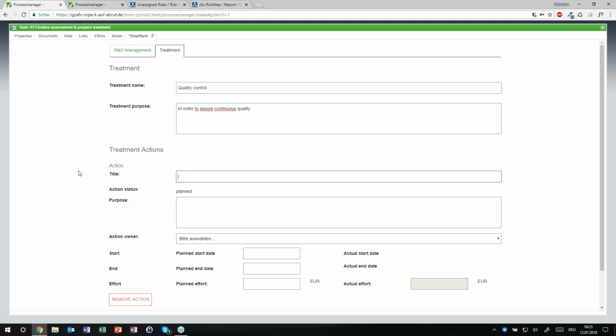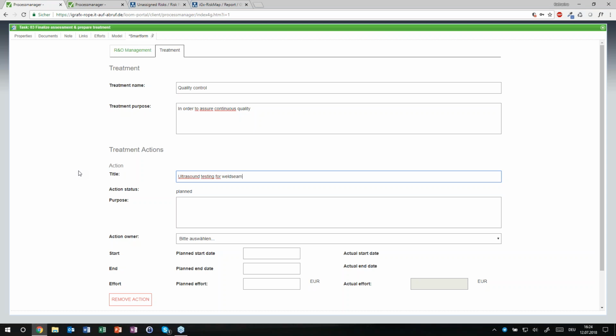And now I can define treatment actions. Treatment actions means the more actions I have, the more sub-processes are initiated. So imagine now we have our product defects. We might think about a certain kind of actions that we can take. And one of the actions might be ultrasound testing for the weld seam.